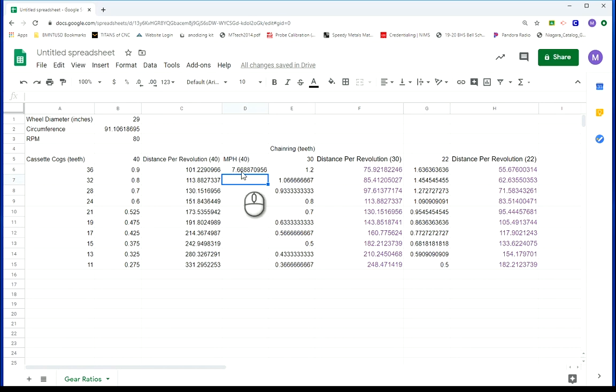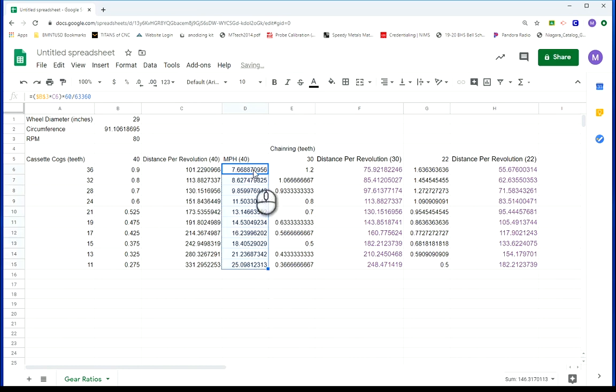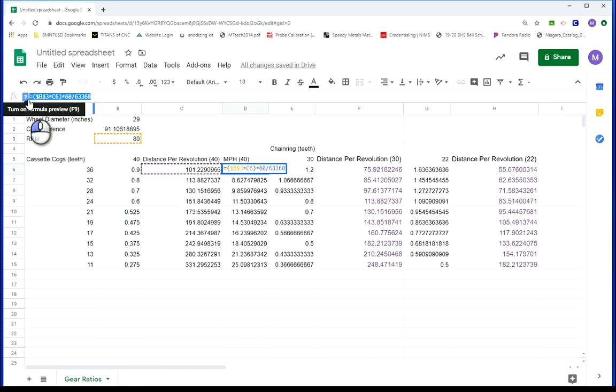Notice for this particular gear, at 80 RPMs, this bicycle will travel 7.7 miles an hour. Just like before, we are going to copy this formula to each particular gear. Notice as our output gear gets smaller, the bicycle will start to travel faster. Just like we did in calculating our distance per revolution, we are going to come up here and copy our formula,